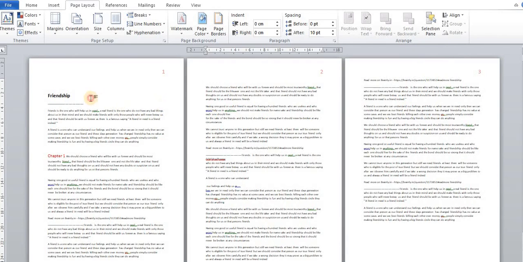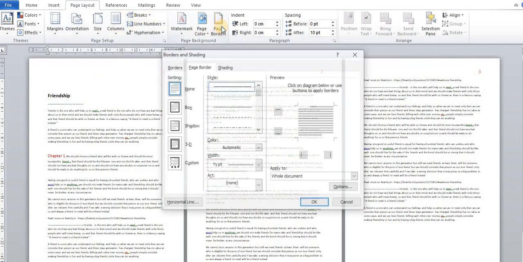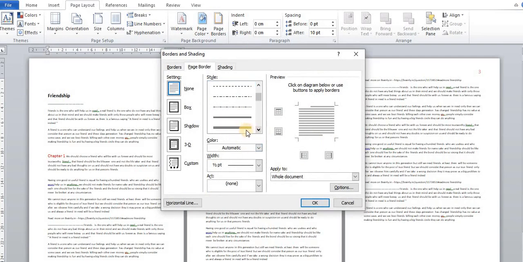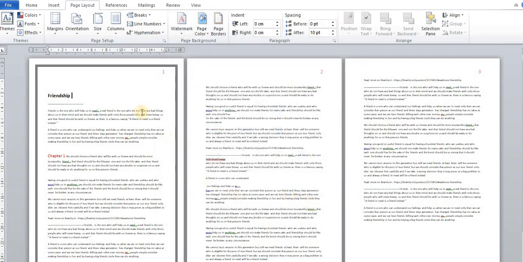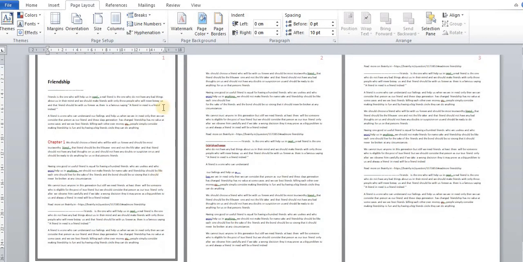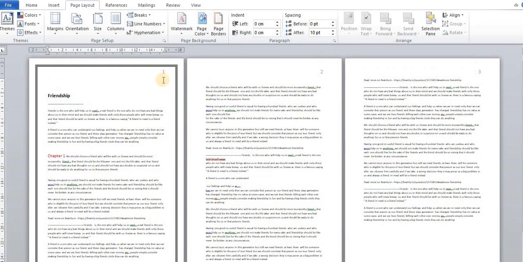Okay, now apply the page border to section 1. Go to Page Border, select the page border and apply it to this section. Now you can see your page border is applied to section 1, because section 1 is treated as a different document. If I apply the page border to page number 2, now your page number 1 is a separate section, and your page numbers 2 and 3 are a separate section.